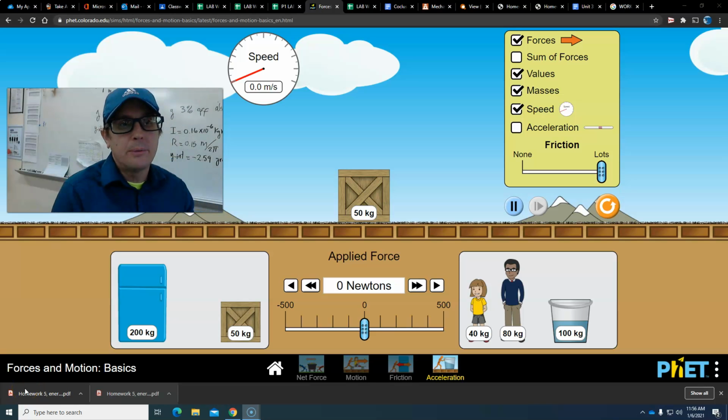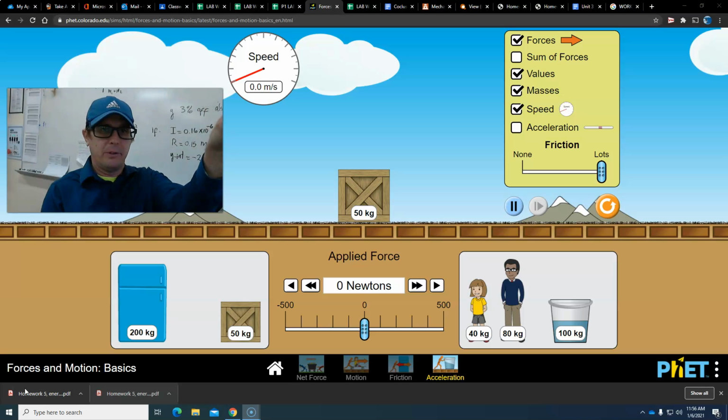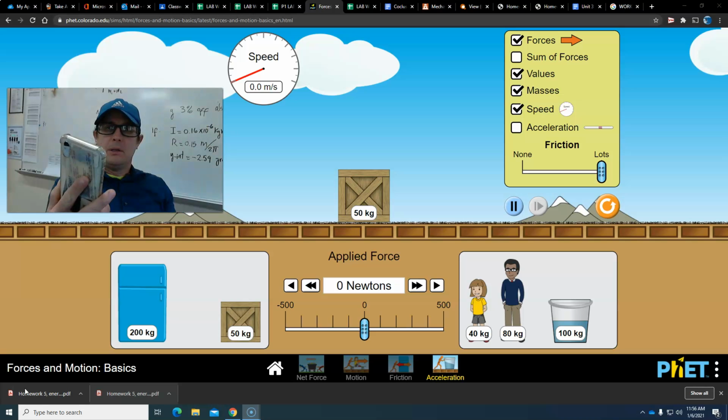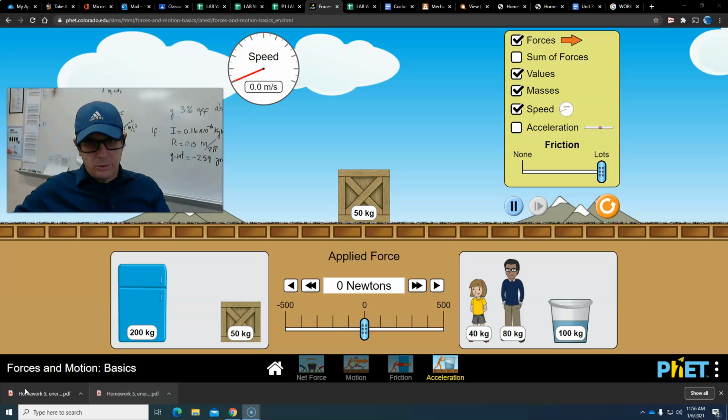We are going to use this simulation in combination with your cell phone, the stopwatch in your cell phone. So you need to open the cell phone, and you are going to push the crate until a certain velocity, and make sure that in this simulation you are